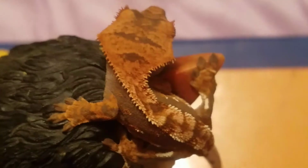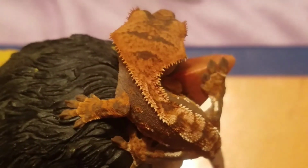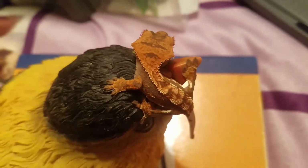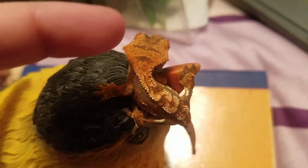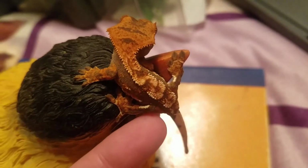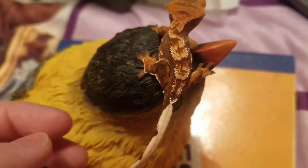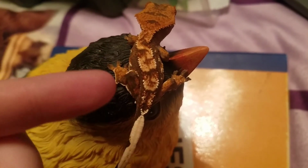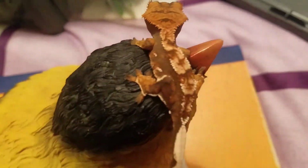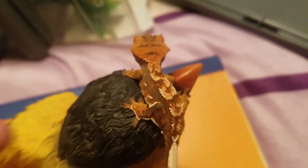You can see he kind of has a teeny bit of the white tip, but only a few crests have the white on them. You can see his pinstriping is interesting because it goes from being orange up here by the neck to being a cream color. So he has a really pretty back pattern, and it's got like this auburn going through it just like with Ash. So it's interesting that even though he was hatched in April and they were hatched in January,